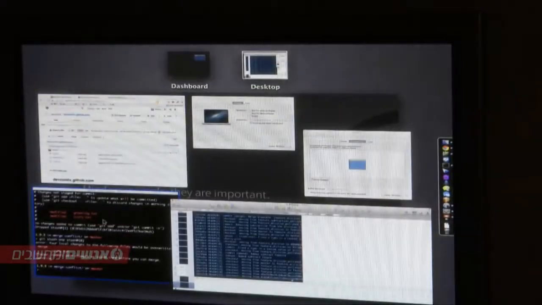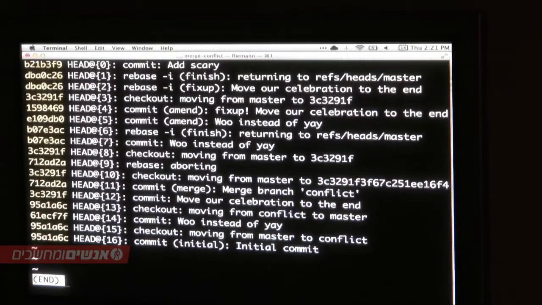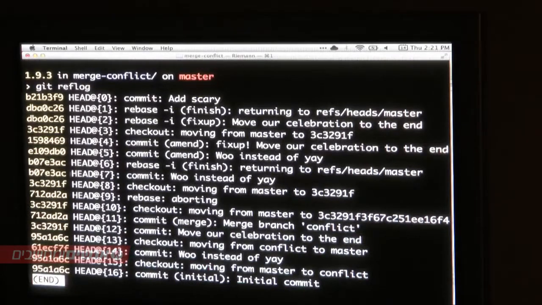So let's take a look at the reflog for our merge conflict thing. We've already done a good little bit of history, a little bit of work. Say these squashes were not so great. So let's go back to before we even did the proper rebase. We even see our aborted rebase. I guess you can't see my highlighting on the screen too well, but if I highlight the whole line, you can kind of see it. You can even see that I aborted a rebase. You started one, you quit, but it still keeps a history of it. So let's go back to this one right after we aborted that.